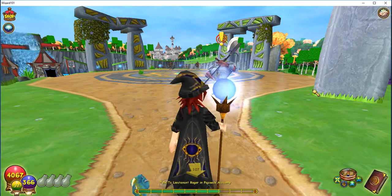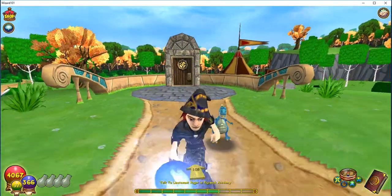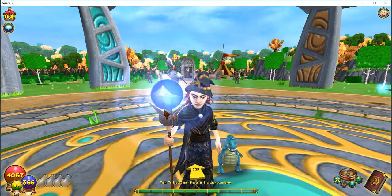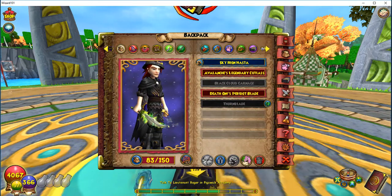Alright, so this one is completely my bad. I do have the wand here, but I can't actually equip it and show you guys what it looks like. I'm a wizard. But my number 4 spot goes to the Thunderblade wand, which you get from